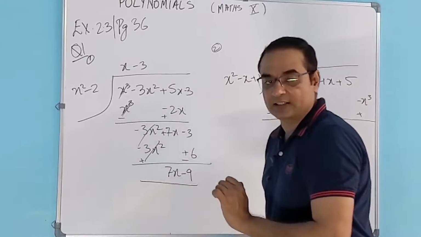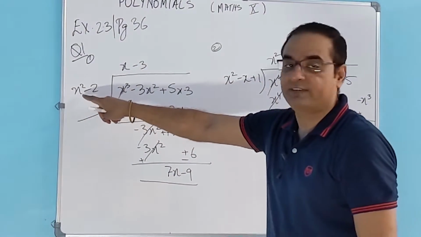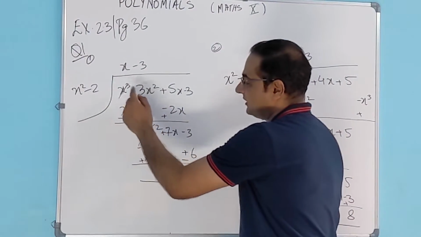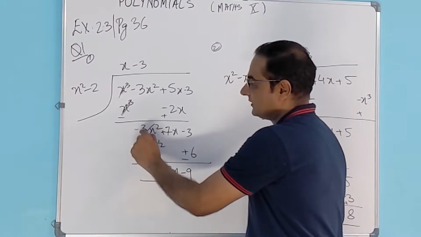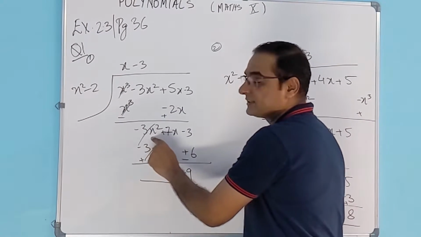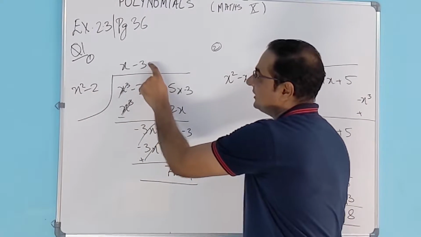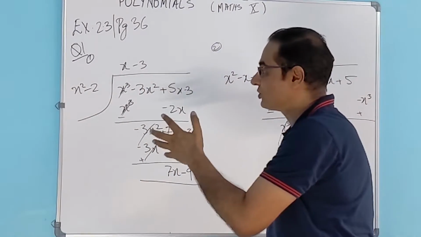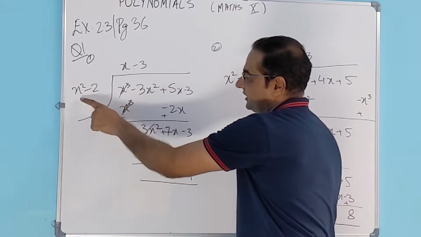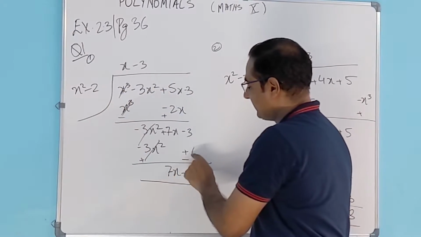Now if you look at this term, what do we have? The degree of this polynomial is 2 and the degree of the divisor is also 2. So we can divide this term. What are we going to do again? We are going to look at the first term to eliminate. What do we need to multiply this x square by so that this term is cancelled? Minus 3. So minus 3 will become our next term of the quotient. Minus 3 multiplied by all the terms here, we are going to write here. So minus 3 into x square is minus 3x square. Minus 3 into minus 2 is plus 6.